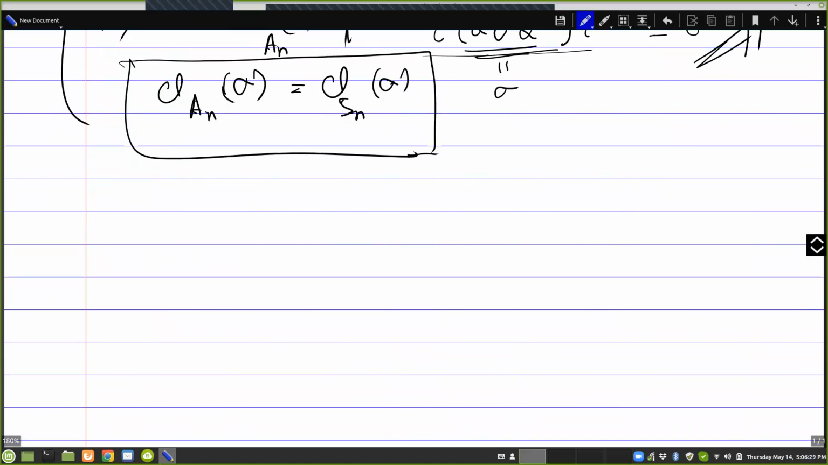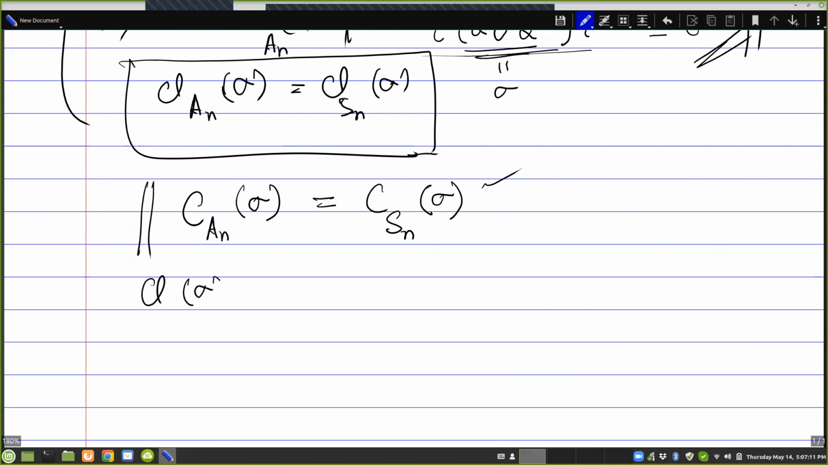So that's very easy to see that if there is no odd permutation which commutes with sigma, then certainly the centralizer of sigma in An is the same as the centralizer of sigma in Sn, because the centralizer is all permutations that commute with sigma, and we have just assumed that there is no odd permutation which commutes with sigma. So therefore the centralizer will be the same, and once you know that, from that we immediately see